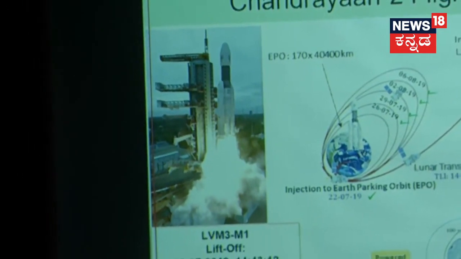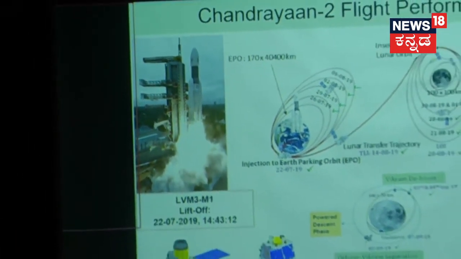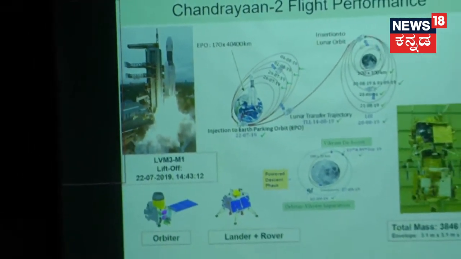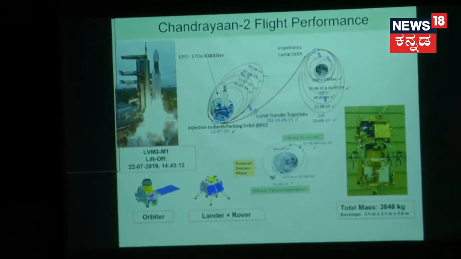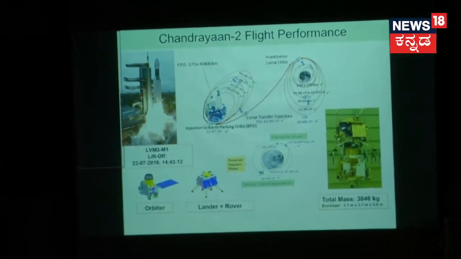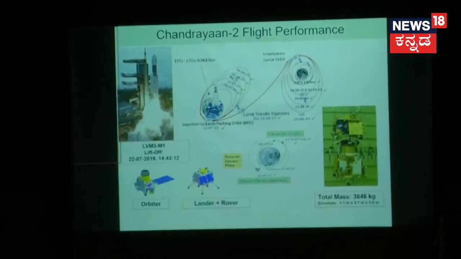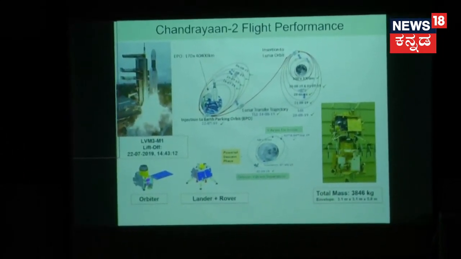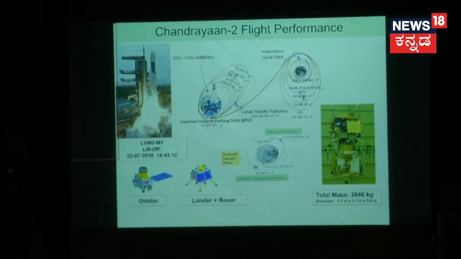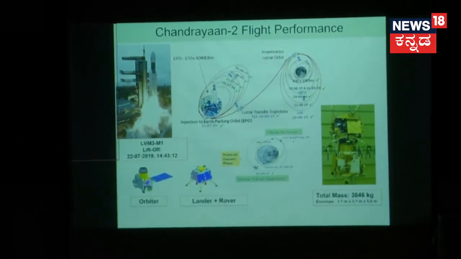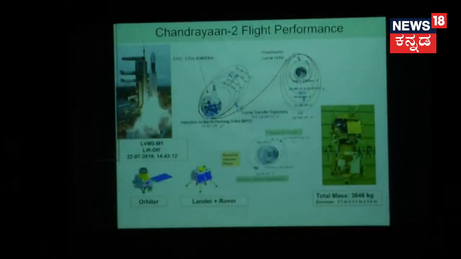It had the orbiter. The orbiter is still functioning at the Moon with all instruments, and it is still giving a lot of scientific data. Of course, many people won't even speak about what the orbiter is doing. All the scientific objectives of the orbiter have still been met, and a lot of scientists are making use of the data. The lander and rover had a few instruments, but they couldn't function because it ended up with a very high velocity. So I'll quickly explain what went wrong with Chandrayaan-2 and what corrective actions we are taking in Chandrayaan-3 to mitigate all those problems.